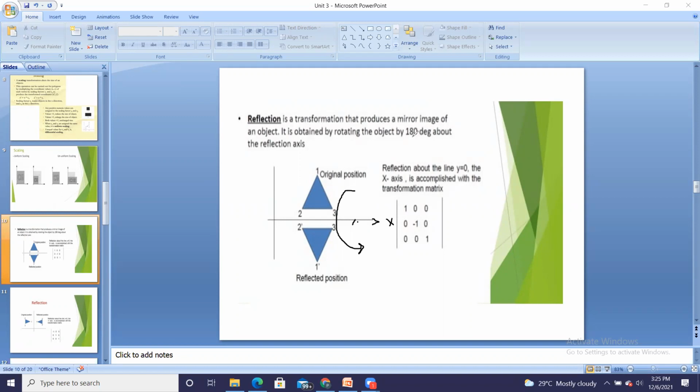So it is a very important question, that reflection is many times asked in the MCQ also. Reflection is equal to rotation by 180 degree. Reflection is equal to mirror image, and any other thing they will give, and both A and B. So the answer is both A and B, because reflection is mirror image as well as it is a rotation about the specified axis by 180 degree.